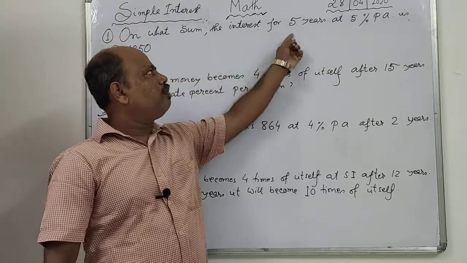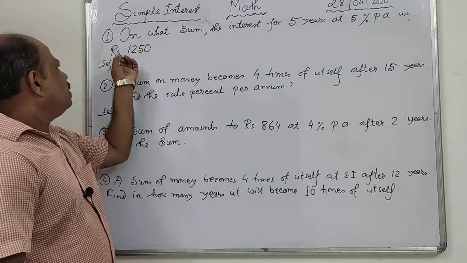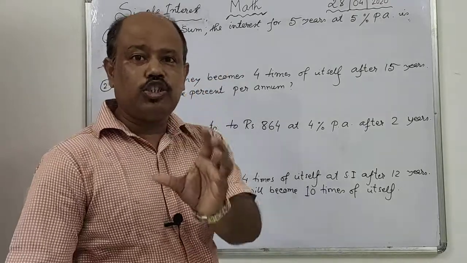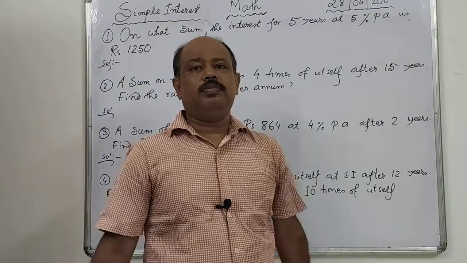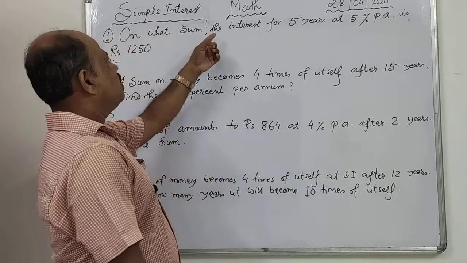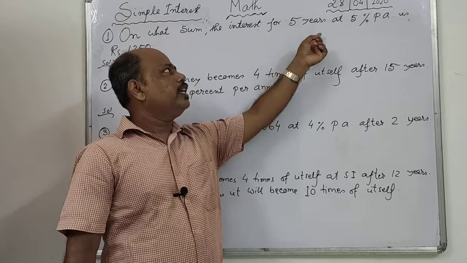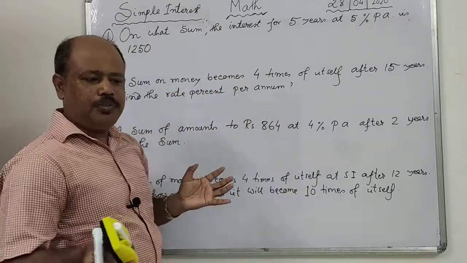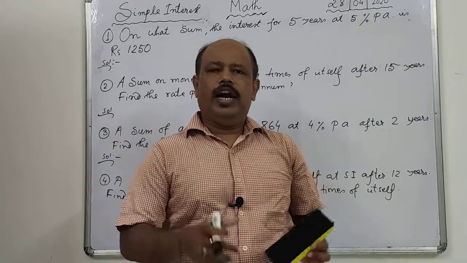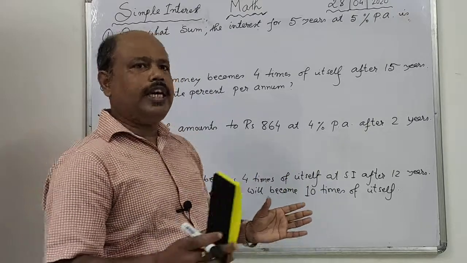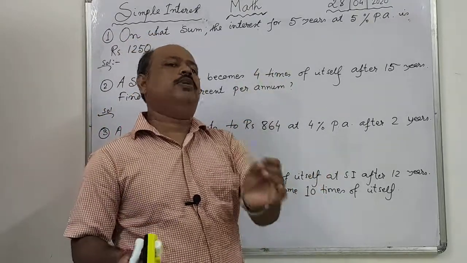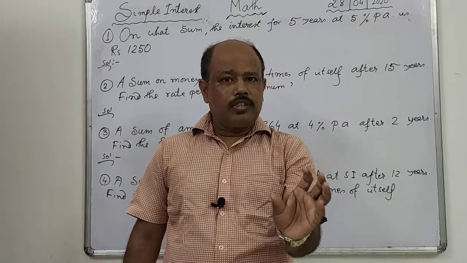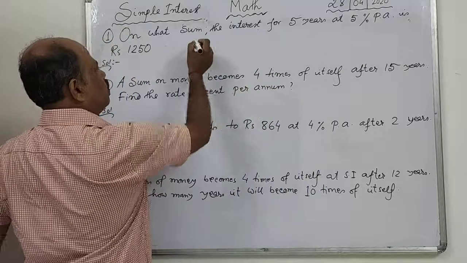on what sum the interest for 5 years at 5% per annum is rupees 1250. On what sum, money, আসল, principal, right? On what sum কি হবে আসলের মান, the interest for 5 years, 5 বছরের ইন্টারেস্ট মানে সুদের পরিমাণ, at 5% per annum সুদের হার রয়েছে 5%, is 1250. তোমাদের বলতে হবে what is the principal, and you know after reading this question you have to think that this math question is related with principal and interest. Okay, তোমাদের কোশ্চেনটা পড়ার পরে ভাবতে হবে যে কোশ্চেনটা কি রয়েছে, ইন্টারেস্টের সাথে প্রিন্সিপাল। ওকে, তো ইউ নো দ্য ফর্মুলা